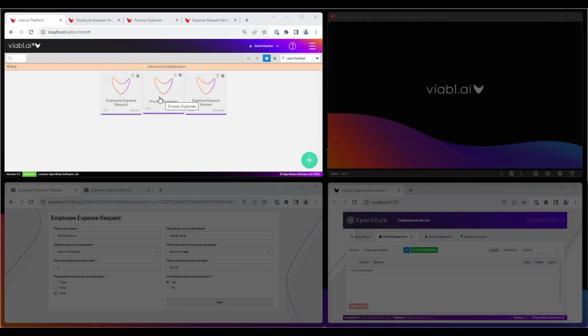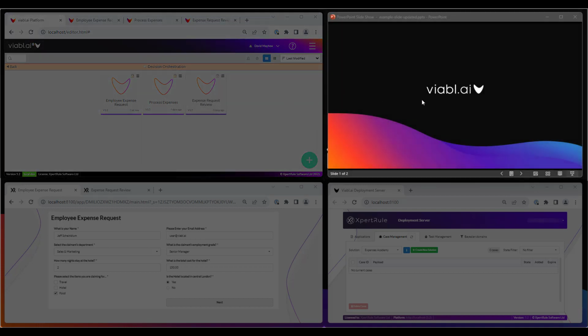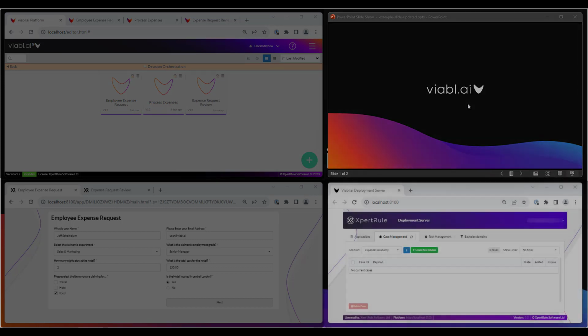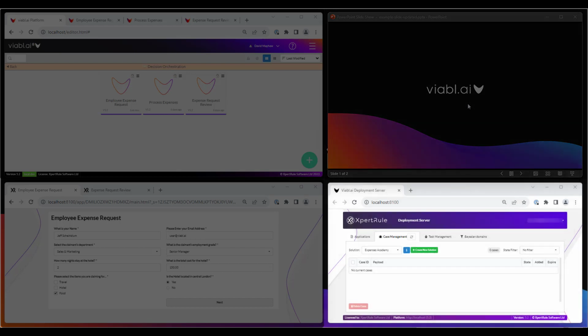Next, process expenses, which will process the claim. And finally, expense request review, which can be used if the claim is escalated to a manager to approve or reject the claim. On the top right-hand side, a diagram will show the flow of a claim through the three applications. On the bottom right, we have the deployment server, where case management and task management tabs show cases and